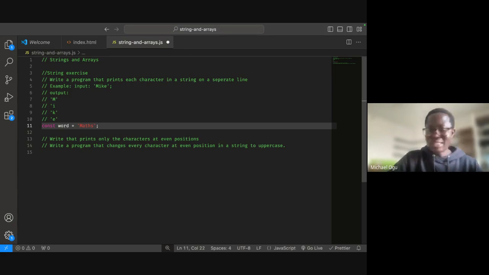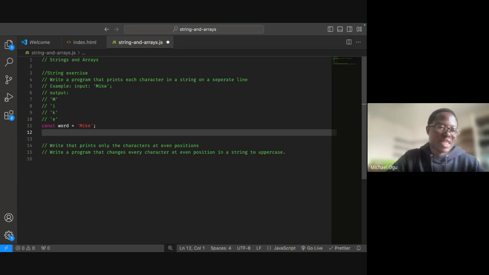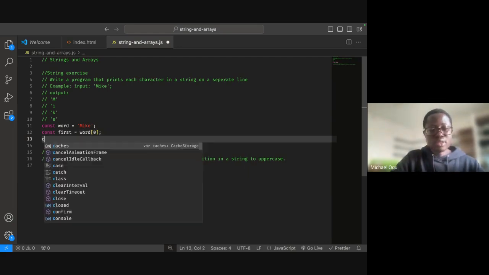So one way I can do this, of course, is to use this example that we already have. One way is to get each of these characters in a string. There are 4 characters. I'll say const first, I'll go to word and get the one I want. Remember, each of the characters has its own position. The first one is position 0 and so on and so forth. Okay. So const